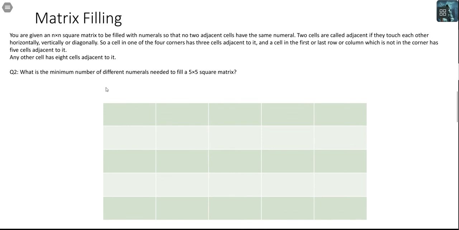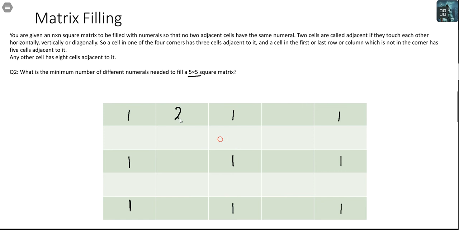Let's go to the next question. Same setup, same everything, just that it is a 5 by 5 square matrix this time. I will follow the same procedure. If I have 1 here, I can fill up 1 here, and here, and here, and in all the other non-adjacent cells. Whatever digit I'm introducing, my objective is to use it as many times as I can so that the count of digits that I end up using becomes minimum.